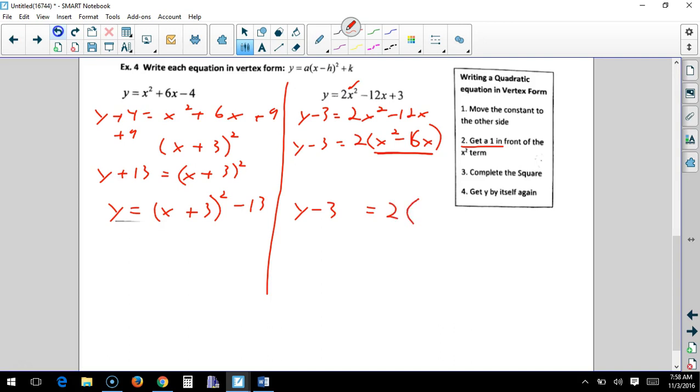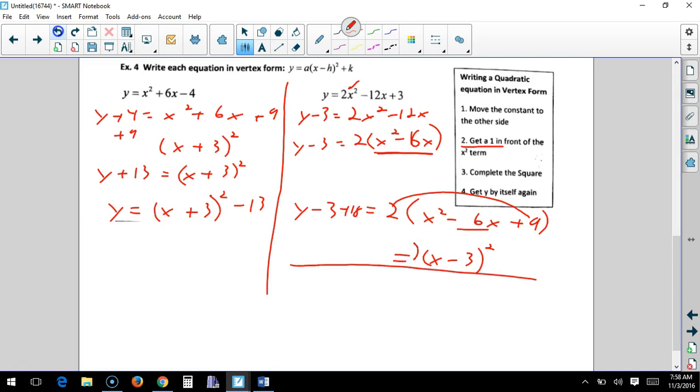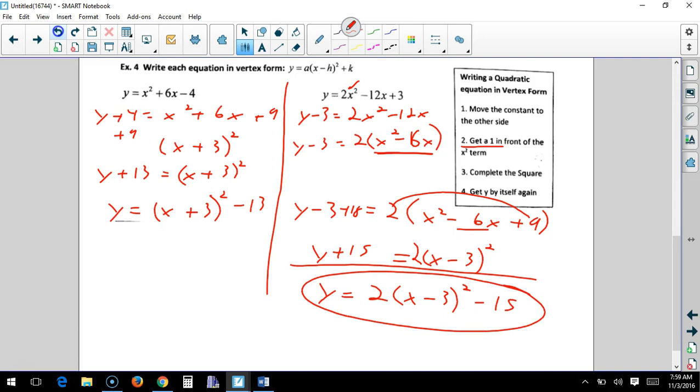And this is a tricky one. So we have 2, and we have the x squared minus 6x. Now we're going to complete the square, so we're going to take half of this, just like we've been doing. And here's the cheat. Remember, that's nothing new. But now remember, we're going to square the negative 3 and add 9 here. But you have to think about the fact that it's really not 9, it's 18. So even though we're adding 9 there, we're adding 2 9s. So on this side, we're going to add 18. I know this is tricky. So that's going to be y plus 15. Now, we're going to move the 15 over by subtraction and get 2 times x minus 3 squared minus 15. And that's our final answer. And like I said, that's a kind of tricky one. Go back and look at it again. Take some time to process it. It's what we've been doing already. It's just that this 2